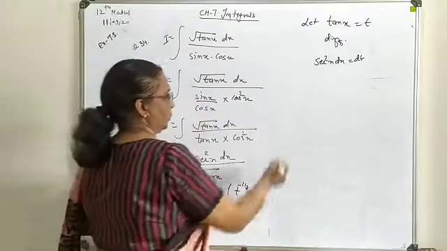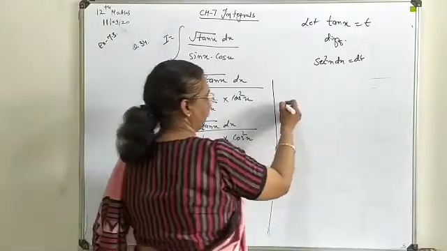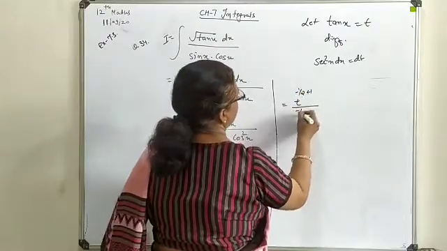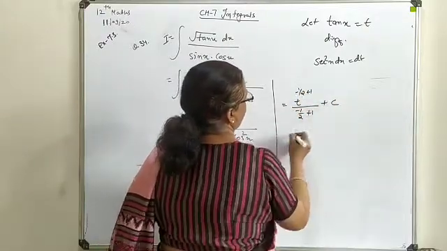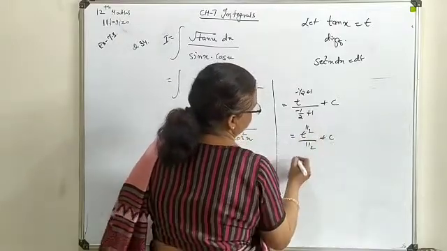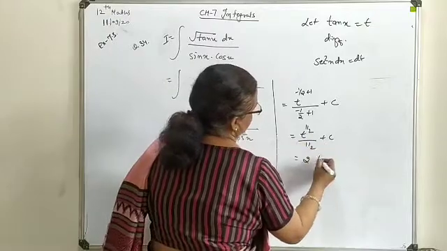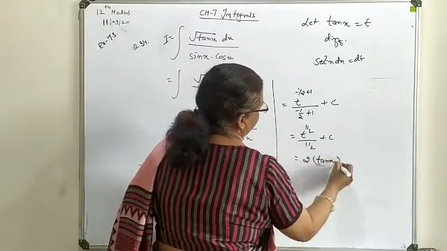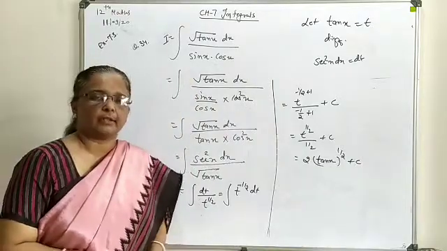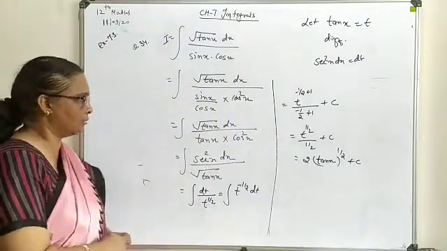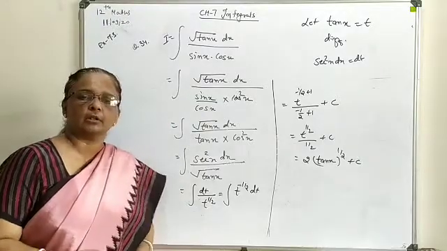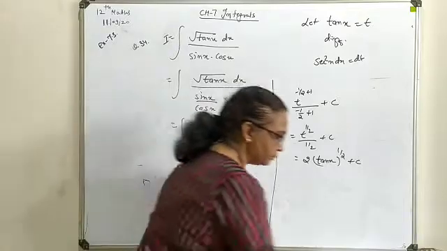Make it integrate now. That will give you t power minus half plus 1 upon minus half plus 1. This will be t power plus half. This is again 1 by 2, this 2 will be inverted. T means tan x with power half, meaning under root of tan x, we have the answer with a multiple 2. So this way you see the entire combination we have changed in the question frame.